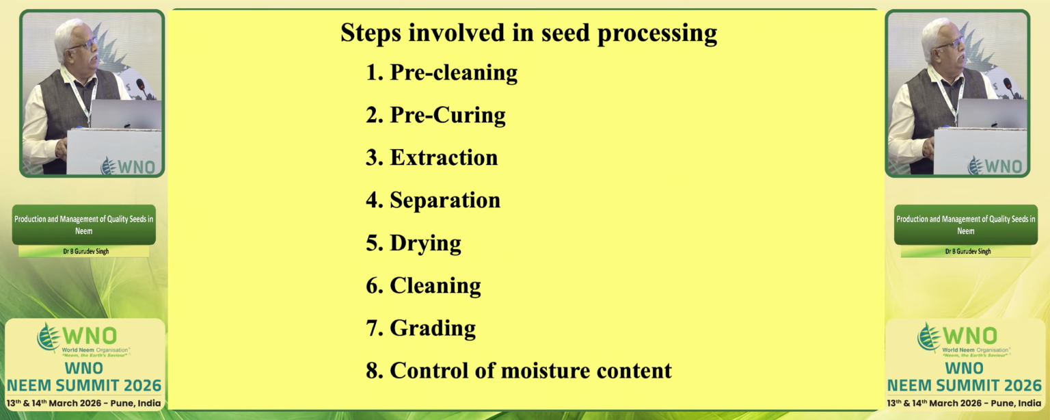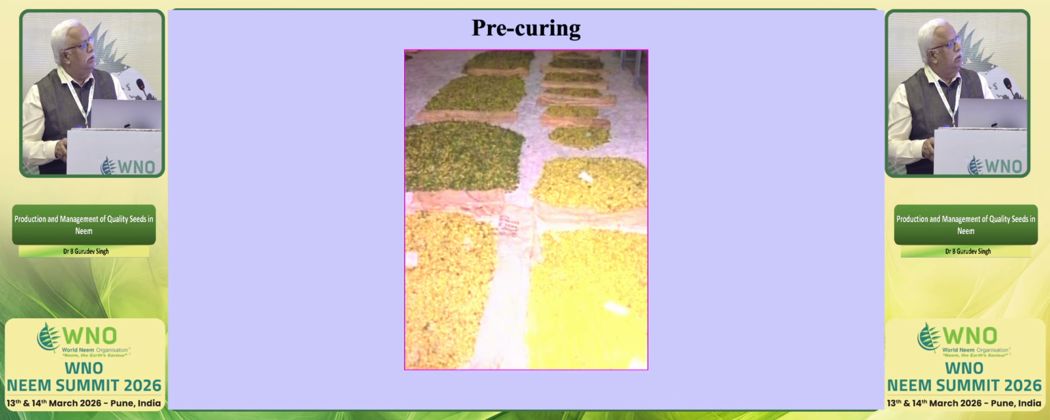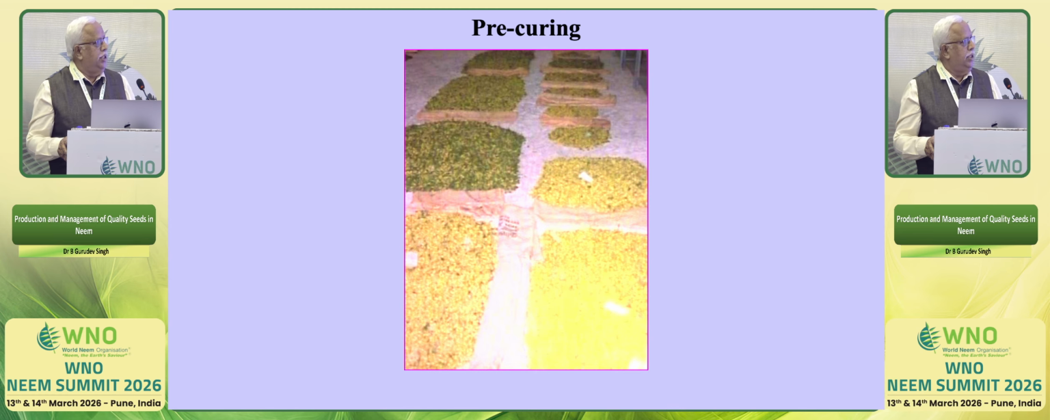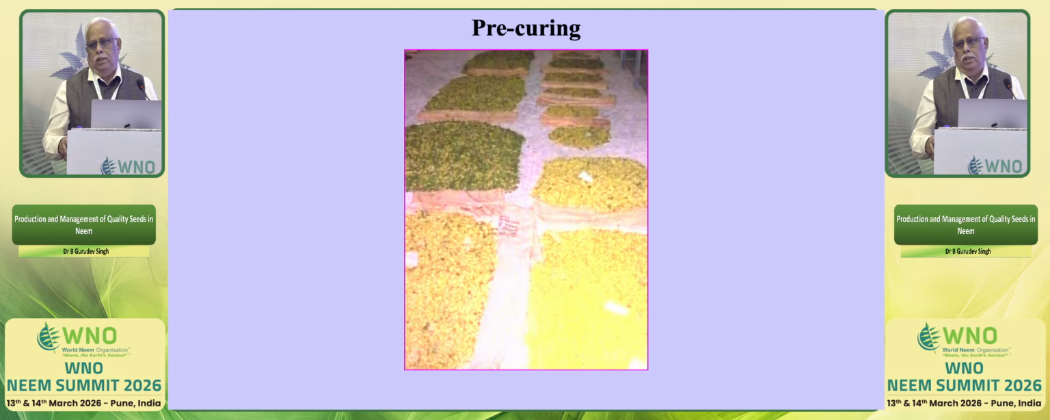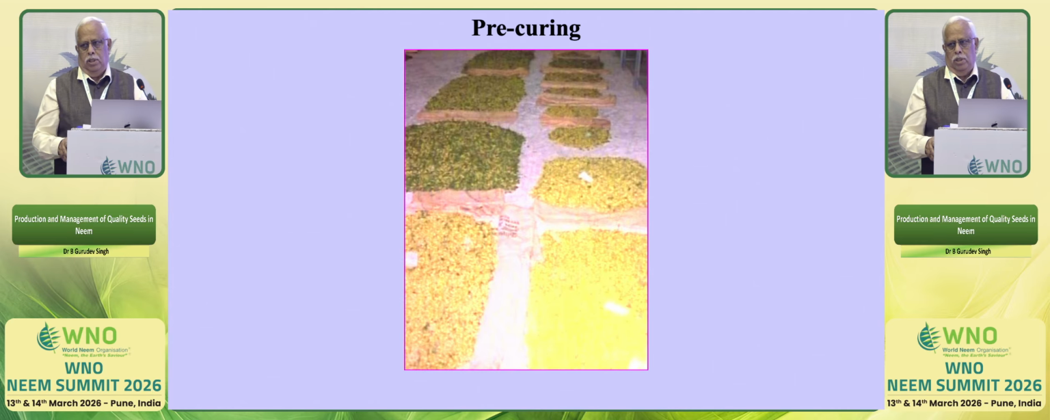So these are the different steps we follow: pre-cleaning, curing, extraction, separation, drying, cleaning, grading, and control of moisture content. The collected fruits we used to just put under the shade and allow them to ripen. So I told you that when you are collecting the fruits, they are yellowish fruits as well as greenish yellow and green fruits. So all those fruits will ripen within 2 to 3 days time. So after that,